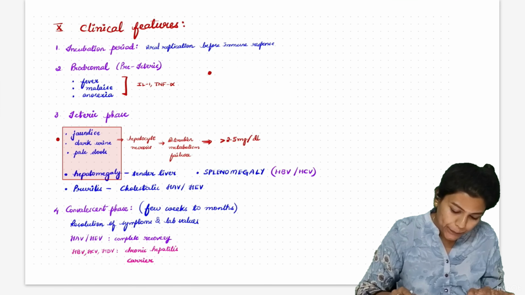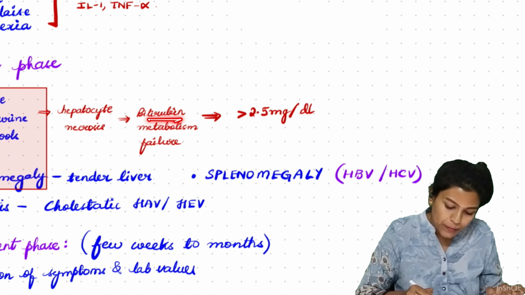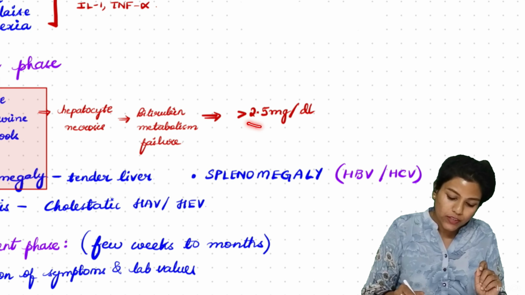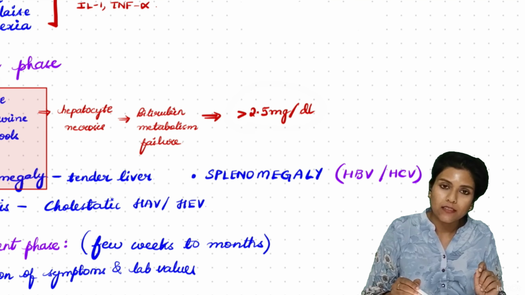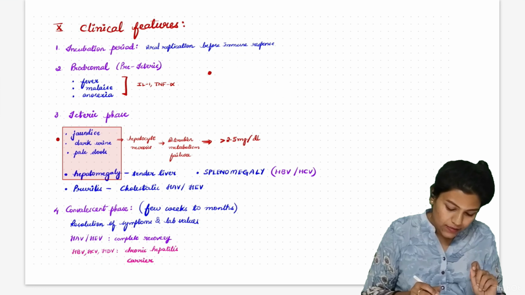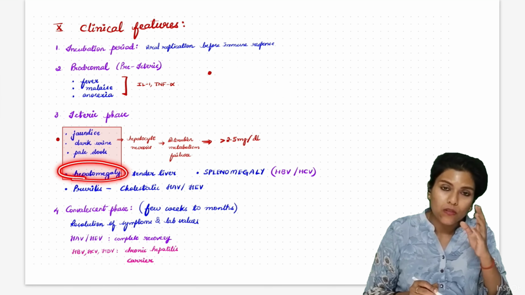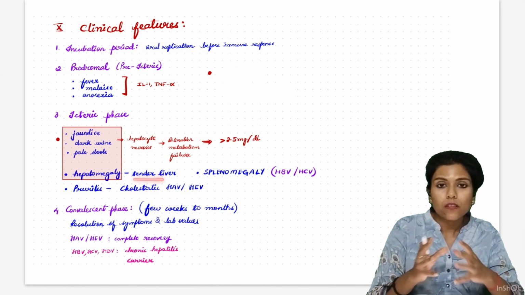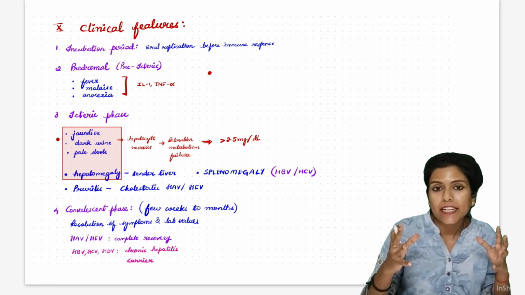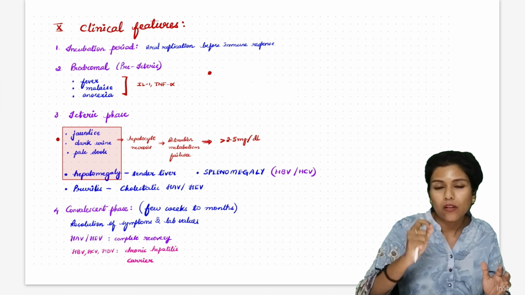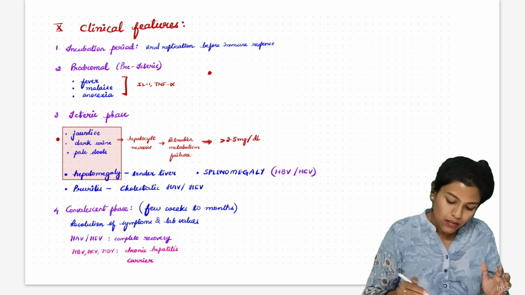It will cause this bilirubin metabolism failure. And generally the bilirubin levels will be more than 2.5 mg per deciliter in acute viral hepatitis. And in the icteric phase, there will be hepatomegaly because of initial ballooning degeneration. Hepatocytes swell. Because of hepatomegaly, there will be tenderness on palpation, like right upper quadrant pain, inspiratory arrest,